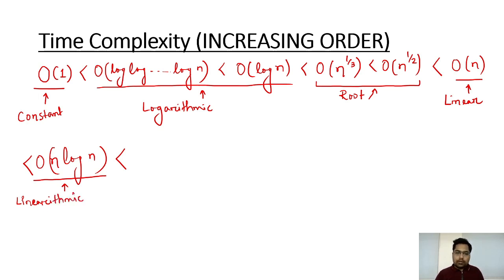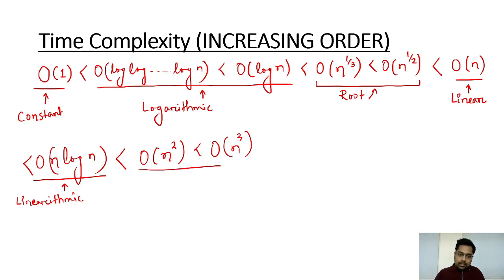Linear arithmetic. Okay, linear is there, linear is there, and so we should say it's linear arithmetic. Linear with arithmetic, logarithmic. Okay, next, big O of n square, next big O of n cube, like this. The more constants you add, the power also will be enhanced. Okay, it's quadratic basically,